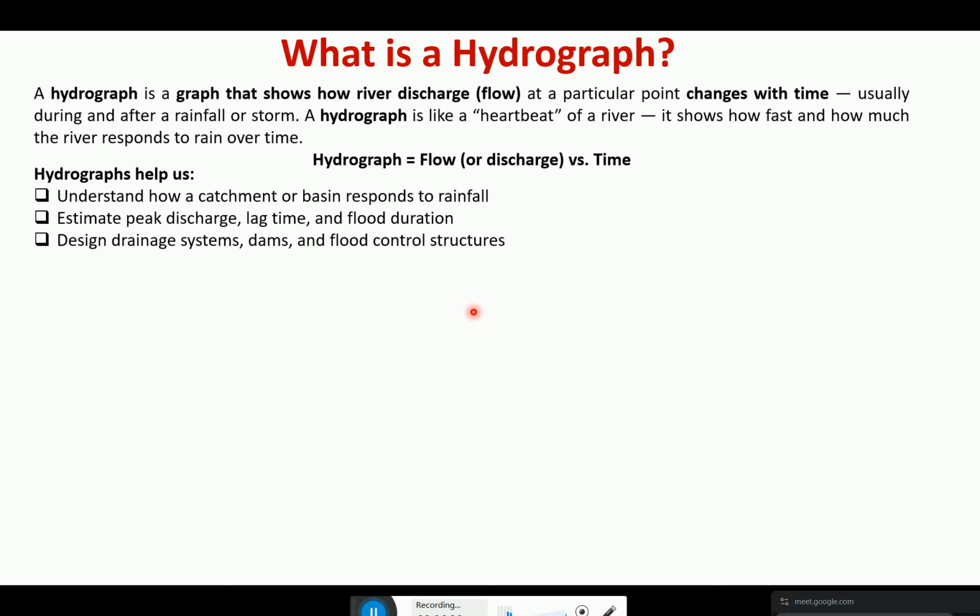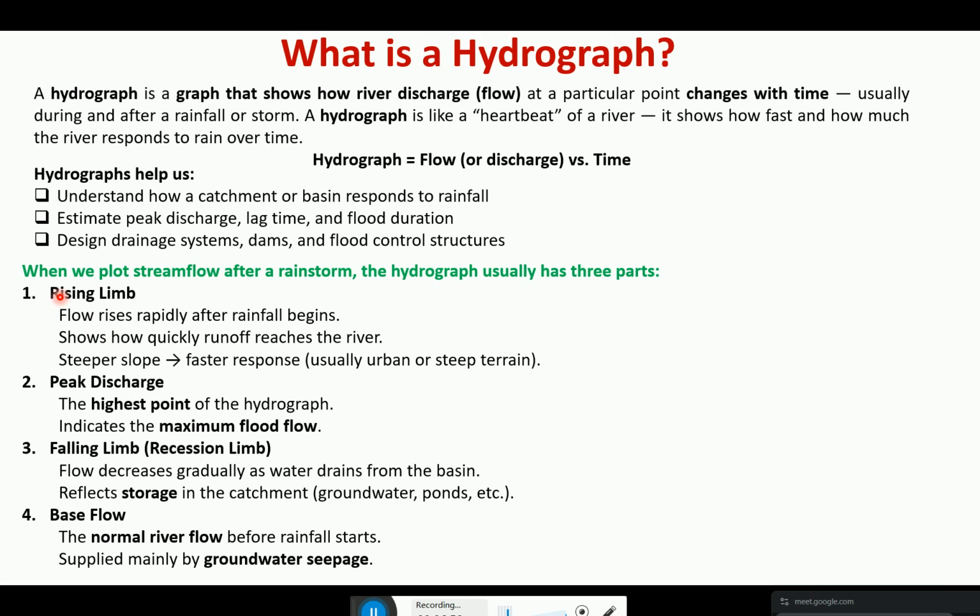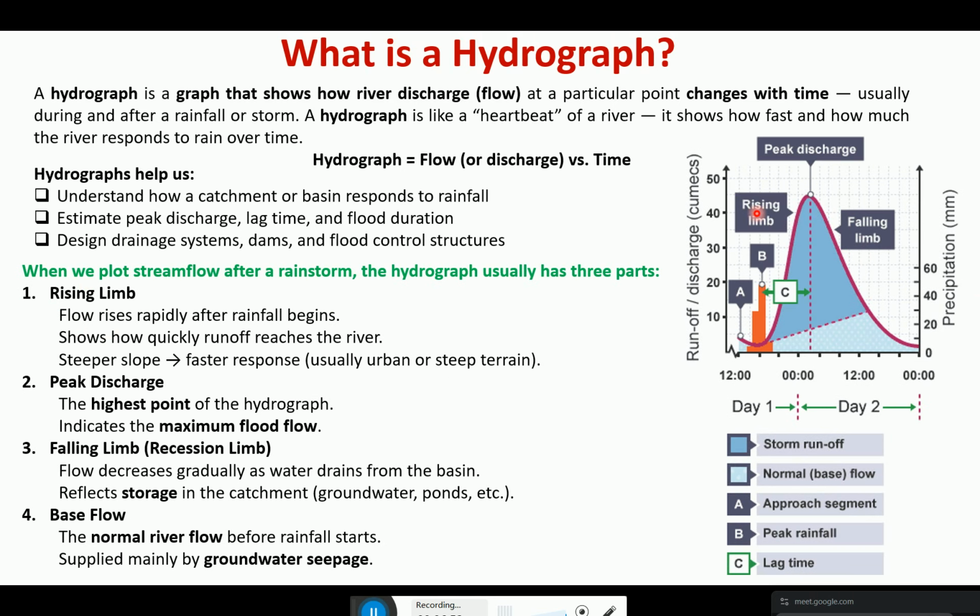So hydrographs help us understand how a catchment or basin responds to rainfall, estimate peak discharge, lag time and flood duration, and design drainage systems, dams and flood control structures. This graph is called a hydrograph, and on the x-axis is time, and on the y-axis is runoff or discharge in cubic meters. When we plot the stream flow after a rainstorm, the hydrograph usually has three parts: